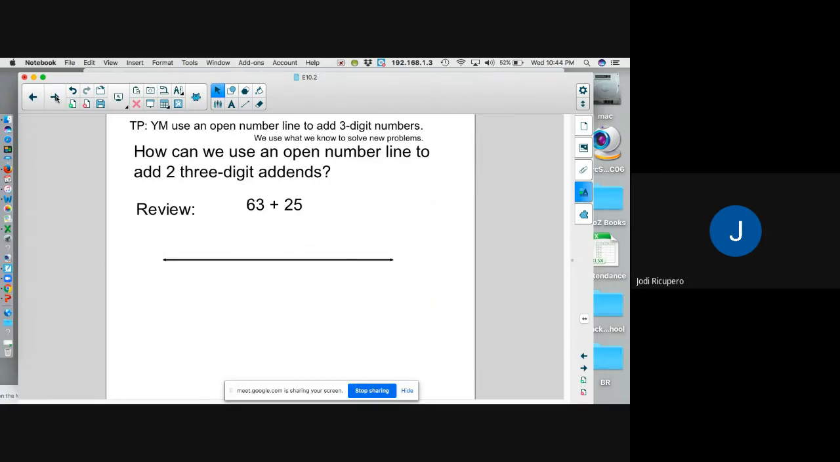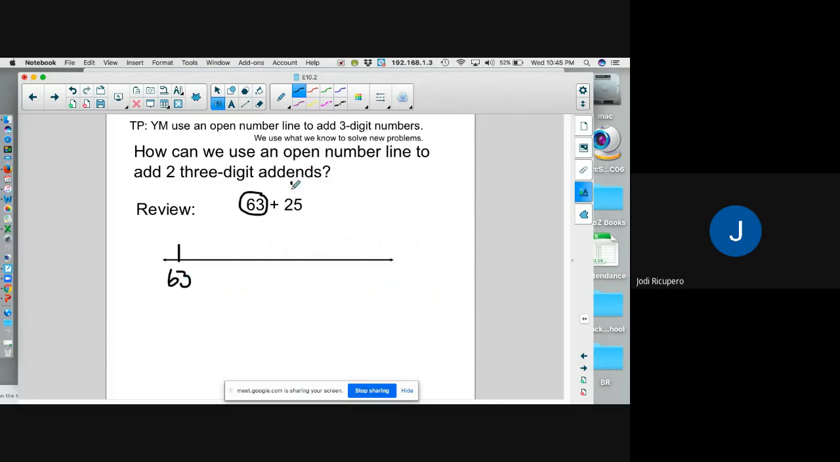Today we're going to use an open number line to add two 3-digit addends. Before we even begin to explore this, let's do a review because we've already used an open number line to add 2-digit addends. So to review, when you add on an open number line, you're going to always start with the largest number. So we're going to start with 63,